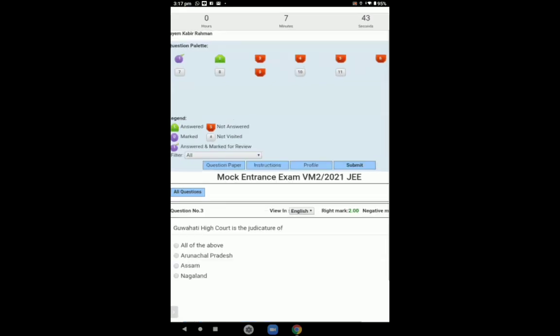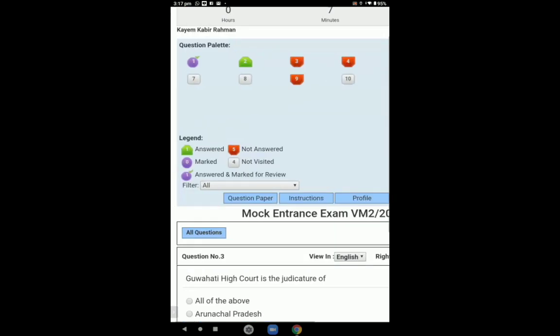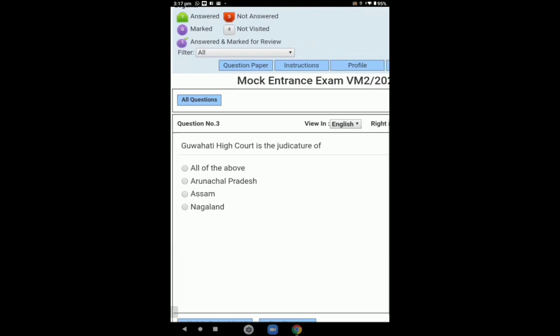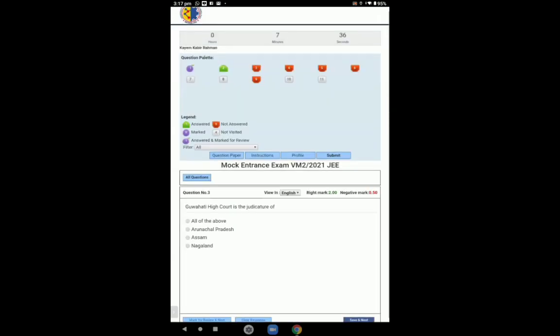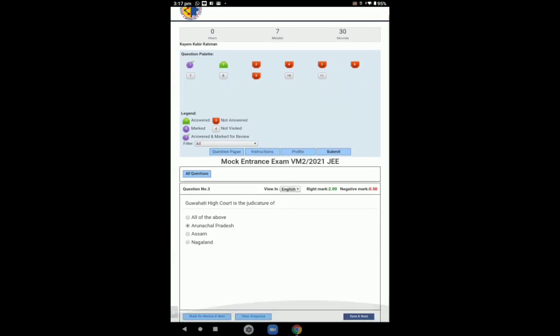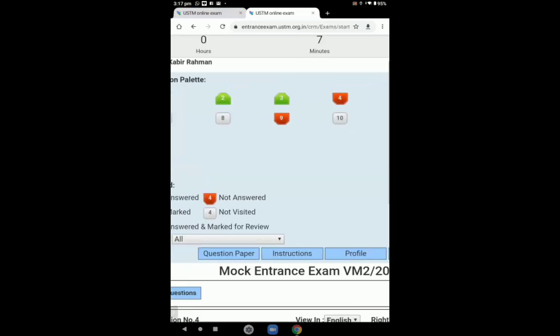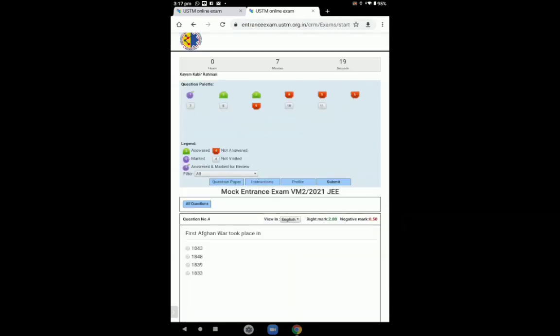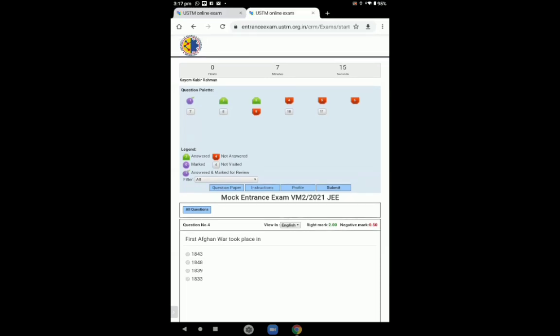Here you can see question number 2, I have selected the answer and clicked on save and next. For example, question number 3, let me select one option and click on save and next. Okay, the question number 3 color has become green, but in case of 1 it is still purple. Why? Because we have not confirmed the answer. So in this case you have to click 1 again, select the option and then save and next.